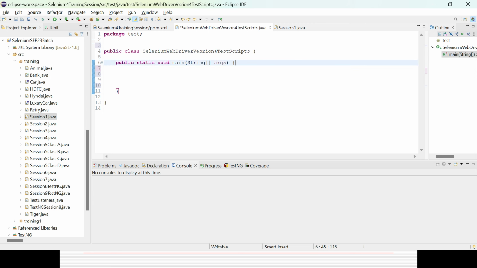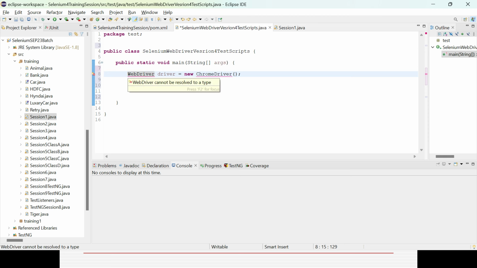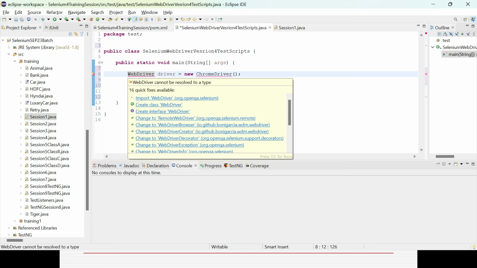So what we can do is WebDriver, that is the interface available. I can create an object or instance called driver equal to new ChromeDriver. That is the way I can create an object, and I need to end with a semicolon. WebDriver is the interface where you have all the important methods, and ChromeDriver is the class. Please remember,